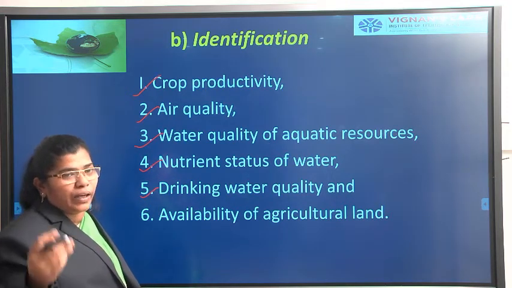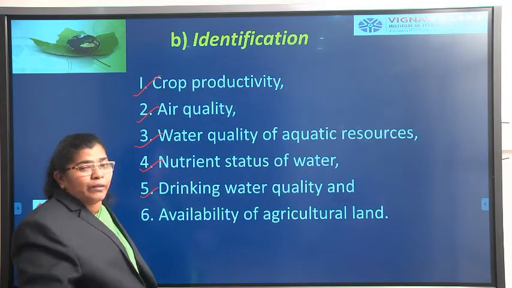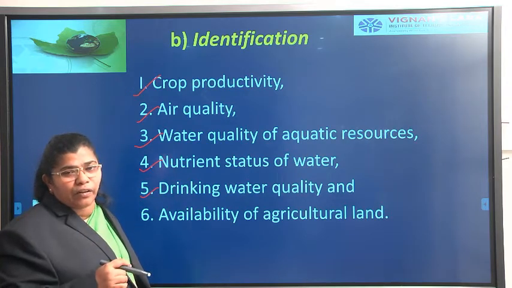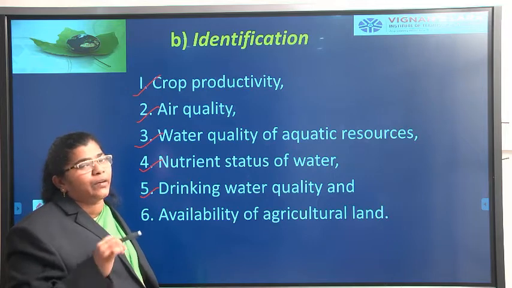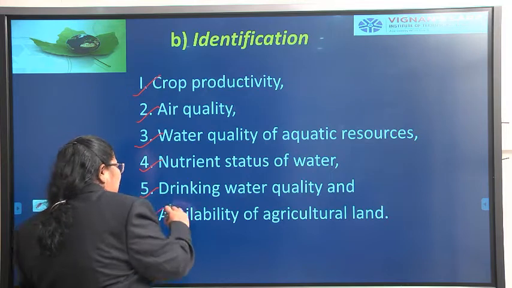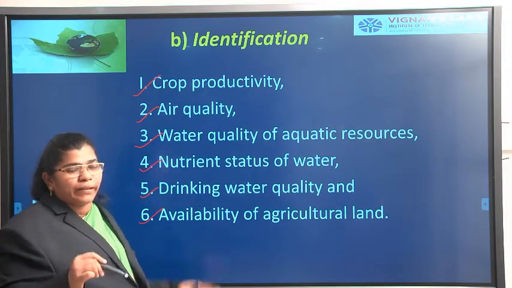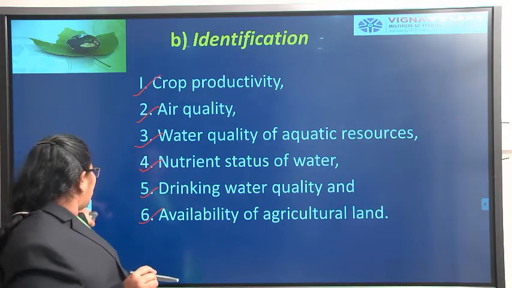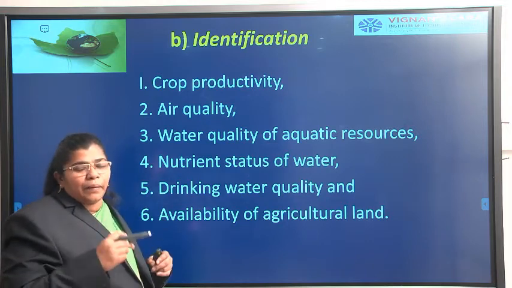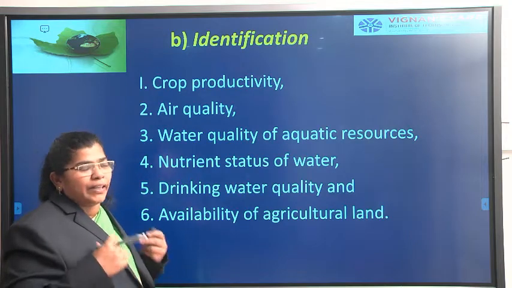Whether it is there in the ground, it will infiltrate into the ground, and it will be adding to the groundwater. So at the groundwater level, if it is going to affect the entire water resources, the drinking water resources in the area will get affected, and the availability of agriculture land, right? So one way or the other, one part focuses on agriculture and irrigation. The next part is focusing on men, and also our health, right?